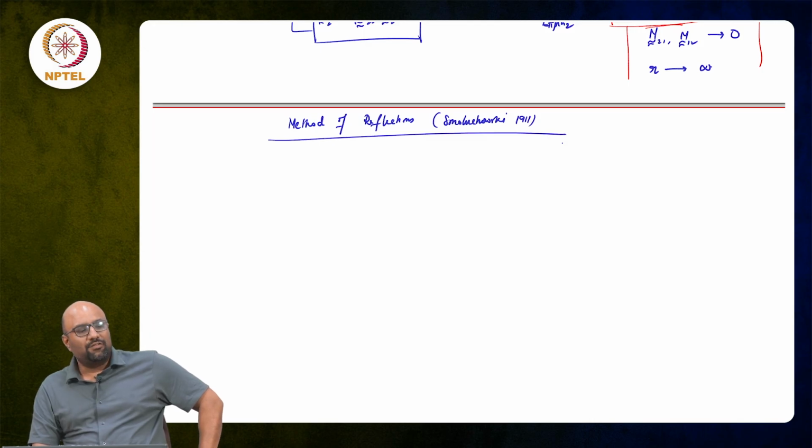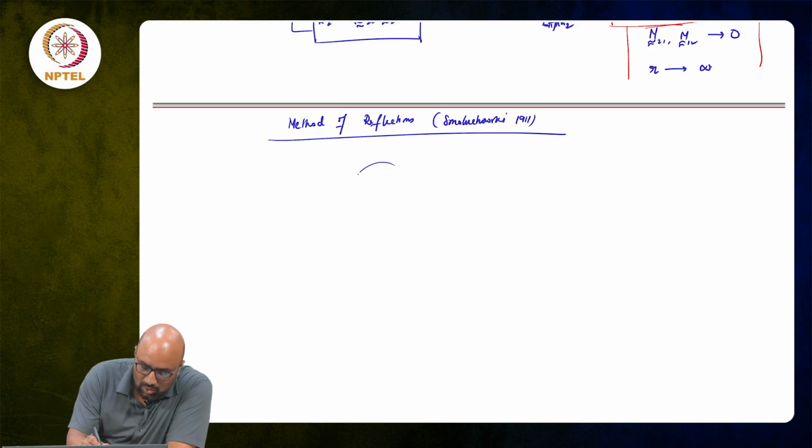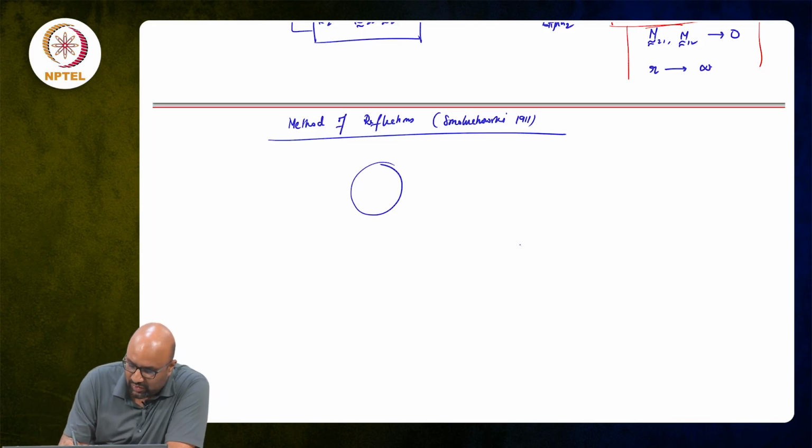Now what does the method of reflections actually say? You have two spheres, sphere 1, sphere 2. Now if you view sphere 1 in isolation, which means you forget that there is ever a sphere 2,